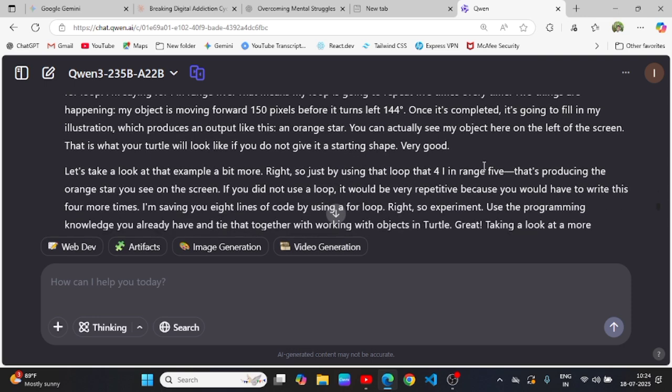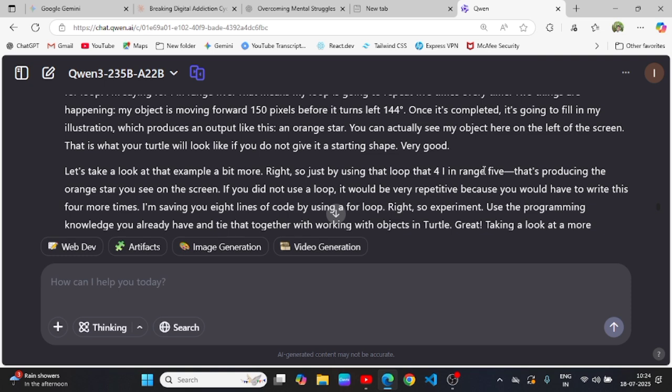Very good. Let's take a look at that example a bit more. Just by using that loop, for i in range 5, that's producing the orange star you see on the screen.